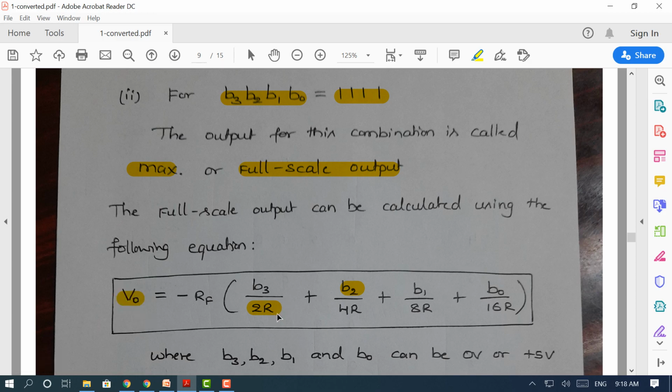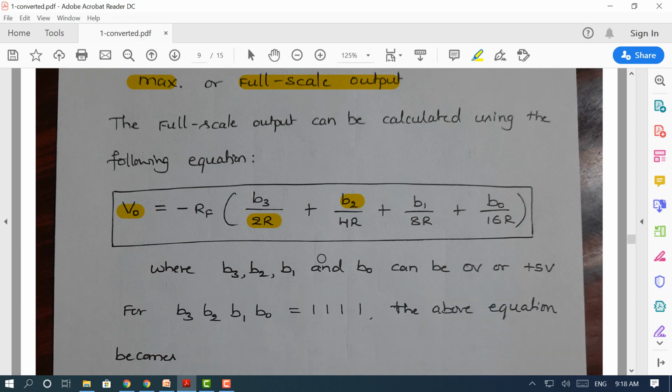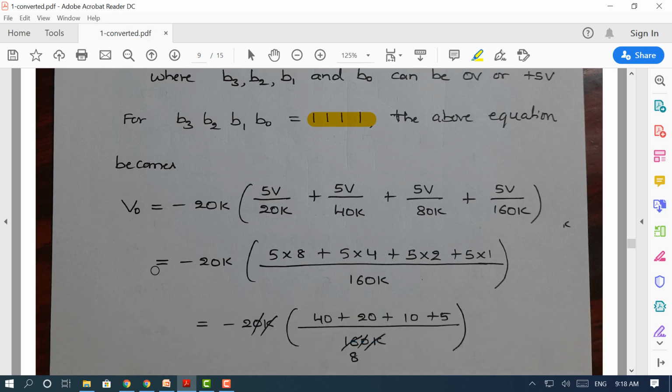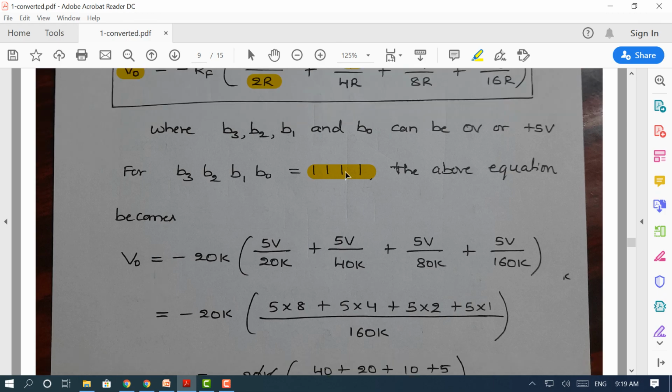We can observe here in the denominator the resistors are in multiples of 2R, so they can be easily chosen compared to the binary weighted resistor type digital to analog converter. As we already mentioned, B3, B2, B1, B0 can have the value 0 volts and 5 volts. Now for B3, B2, B1, B0 as 1 1 1 1, the above equation can be used to calculate the output voltage. Let's see that now. So 1111 represents 5 volts. Therefore B3 is 5 volts, B2 is 5, and for all B3, B2, B1, B0 we can substitute 5 volts,